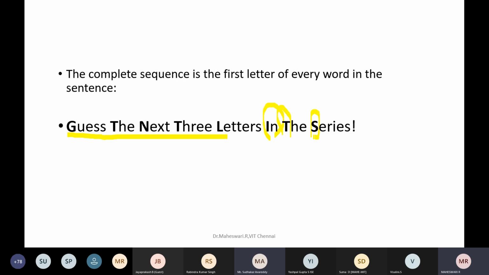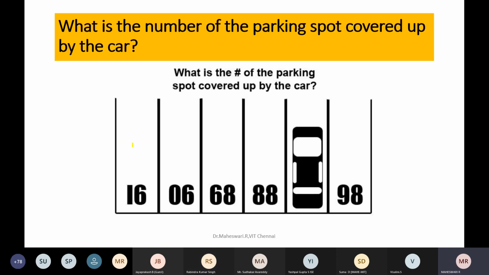So the learning from this is, in most of our problems, the solution is hidden behind it. So we can observe or explore the solutions from the problem itself. So that is why I just brought it. Finally we end with this.